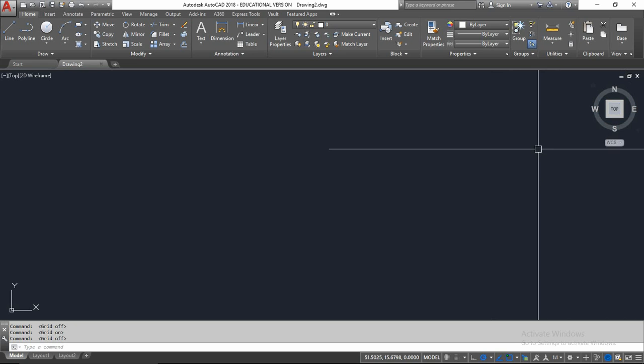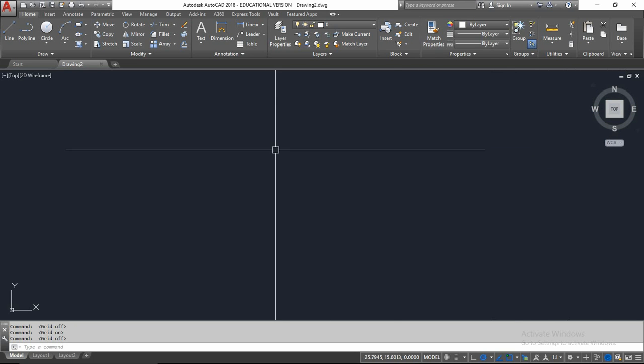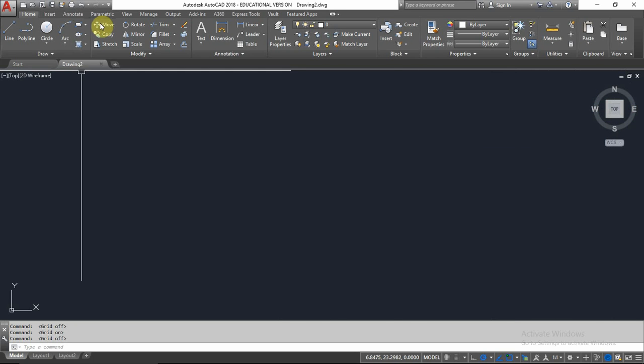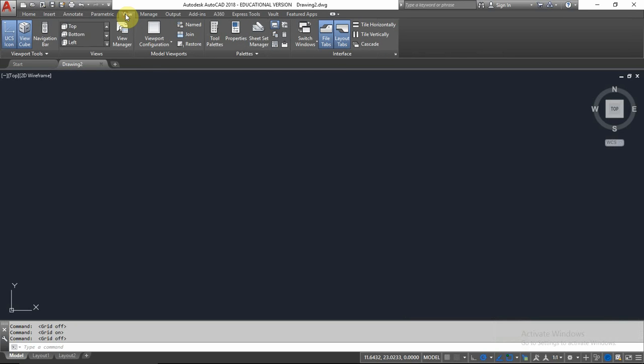The view cube, honestly, for these drawings, I don't believe there's any reason to use that either. To turn those on and off, go up to your ribbon, the ribbon tabs: home, insert, annotate, parametric, view. We're talking about the way we see things or the way things are displayed. So click on view. Right here, viewport tools, UCS icon, view